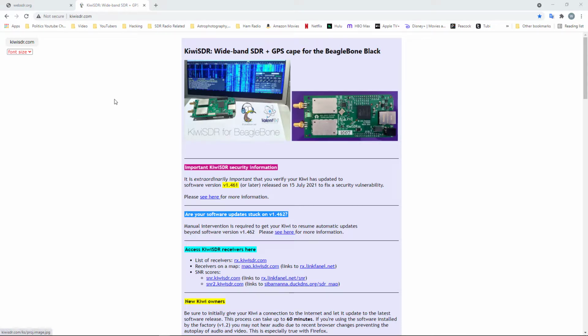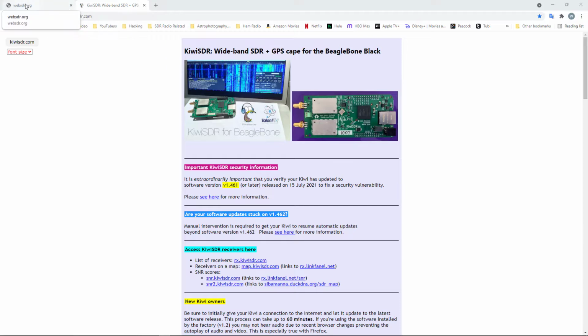I can tune, and whether it be the shortwave broadcast bands, whether it be ham bands, whether it be long wave, whether it be medium wave, I can tune into any of those. So I kind of want to hit